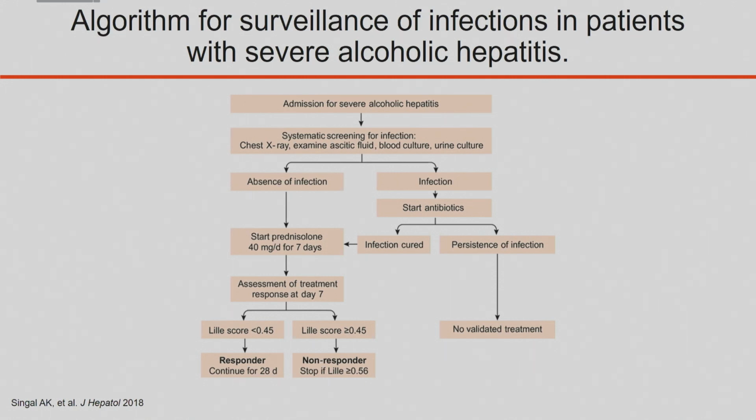But if you do decide to bite the bullet and do it, you must check the Lille score, because if the Lille is greater than 0.56 or 0.45, that means you should stop, because at that point the risk outweighs the benefit. So I think it's crucial. I think the worst thing you could do is start steroids and walk away. You have to constantly keep on evaluating whether it's still indicated or not. Jihan, that's a really good point, because sometimes when Jihan and me and you, Bishoy, see people in the hospital, they get discharged on prednisone. And so we've got to make sure that there's proper follow-up.